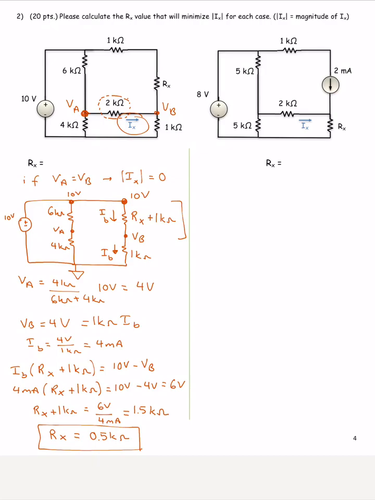Now look at the second example here. Instead of having a resistor combination on top, we have a current source, which is 2 milliamps. And we are again asking for the Rx value, but the Rx now is at the lower part of the circuit. So again, you can think that there's a reference here. The connection up here is 8 volts, this node. This node, you can again call something like VC. And we can call this